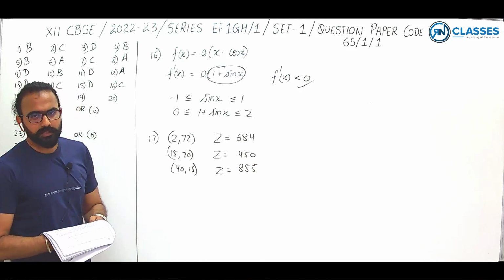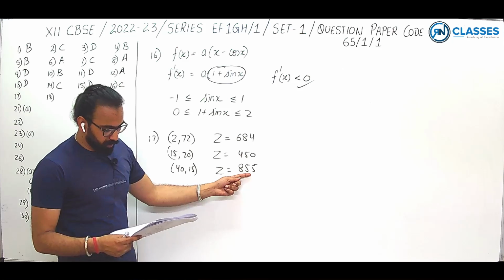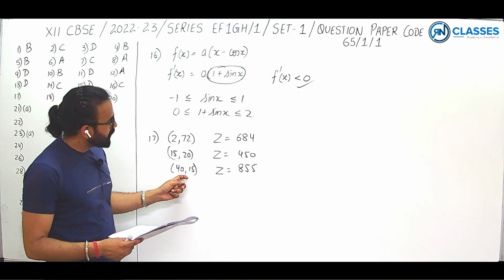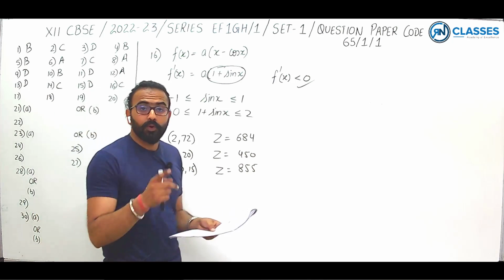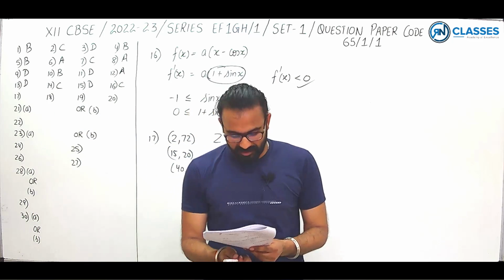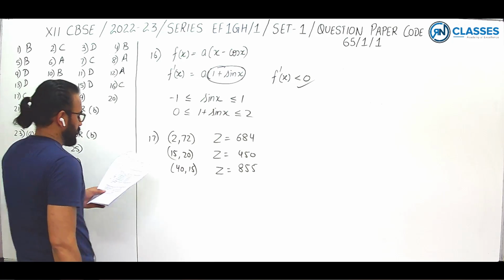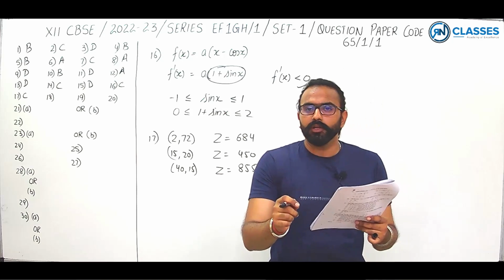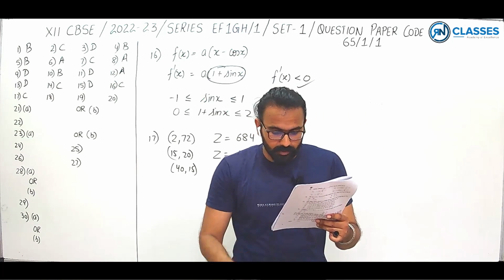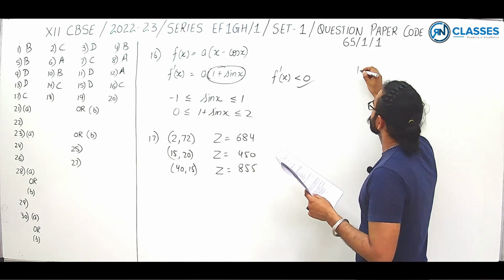तो यहाँ से क्लियरली नजर आता है मैक्सिमम वैल्यू ऑफ z इज 855 at 40, 15 and minimum value is 450 at 15, 20. So answer matches with option C. So 17th question का आंसर आ गया option C. Now the 18th question is the number of corner points of the feasible region determined by the constraints, that is